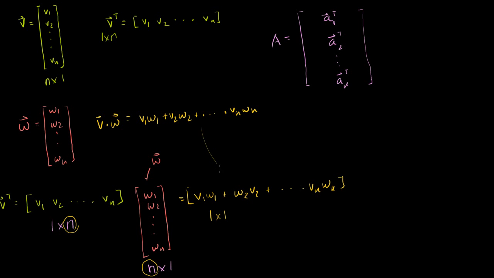But you might notice that these two things are equivalent. So we can make the statement that v dot w, which is the same thing as w dot v, is the same thing as v transpose times w as just a matrix product. So if you view v as a matrix, take its transpose, and then take the product of that with w, it's the same thing as v dot w. So that's an interesting takeaway.